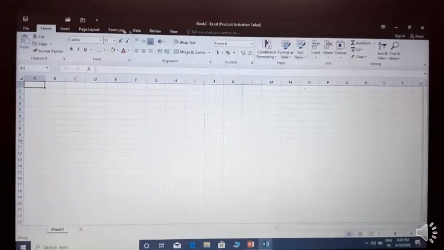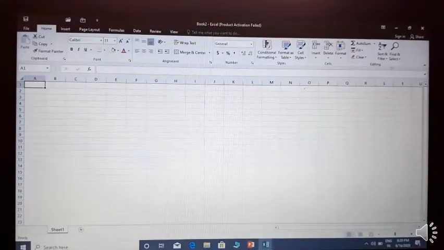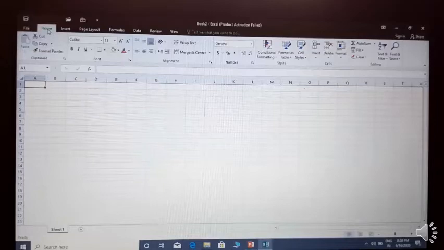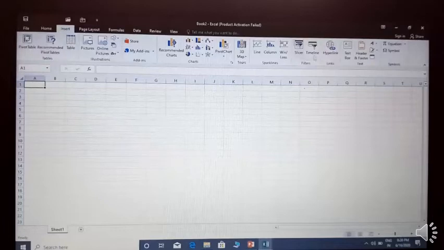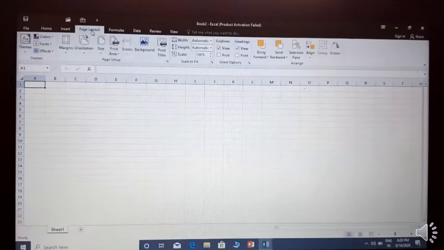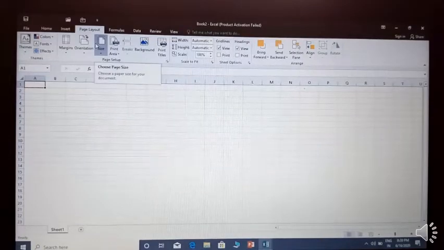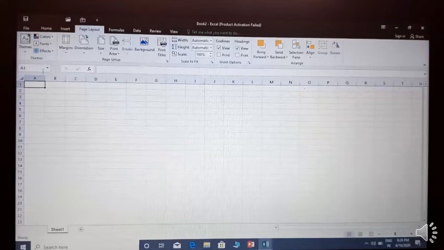This full white part is called the ribbon. In this ribbon you will find the shortcuts of your menu bar. Shortcut means if I click on the Home menu, you will find all the options of the Home menu here. If you click on Insert, you can see all the options of the Insert menu. If you click on Page Layout, you will find all the shortcuts of this menu. This is called the ribbon. Next thing is the name box.